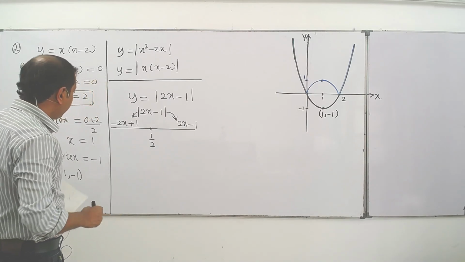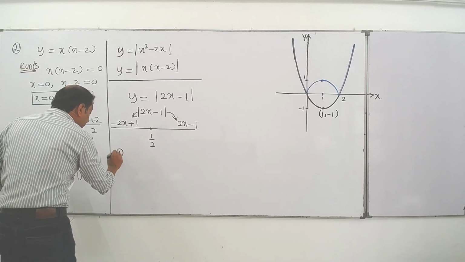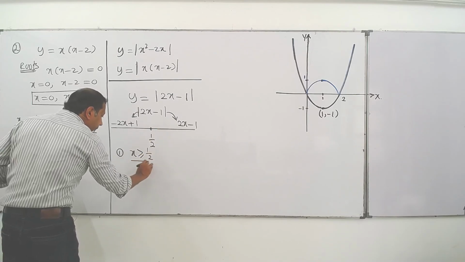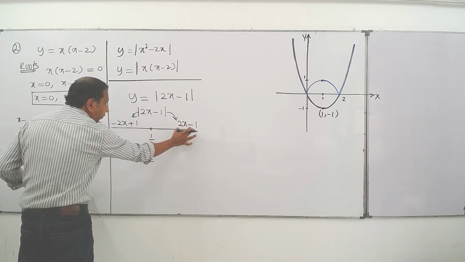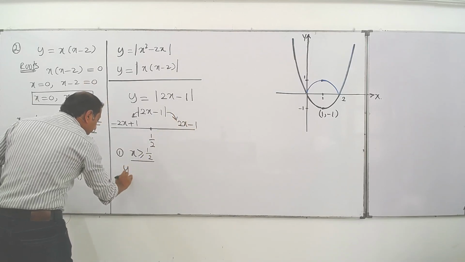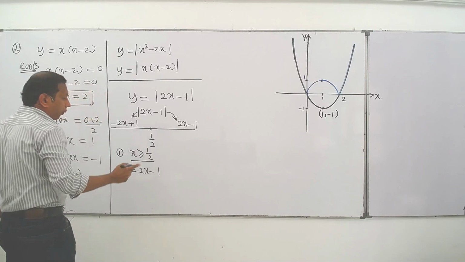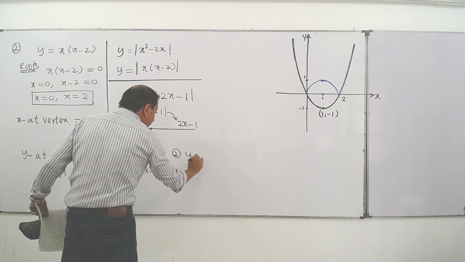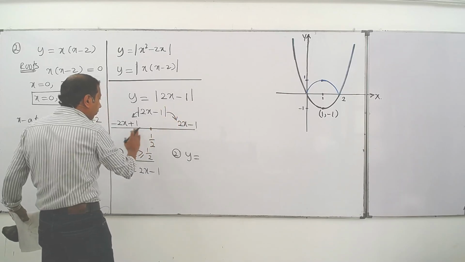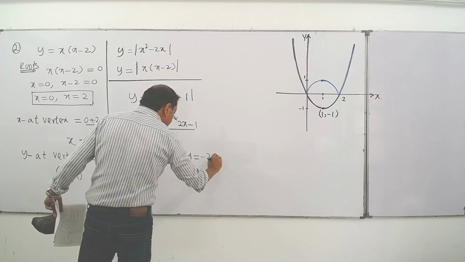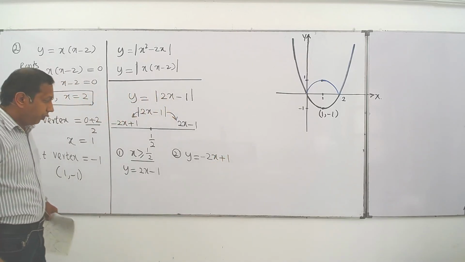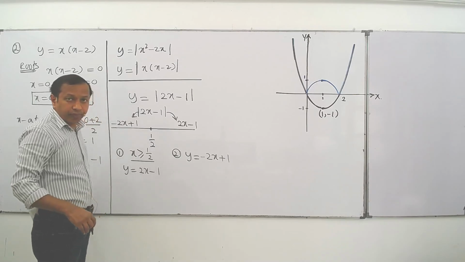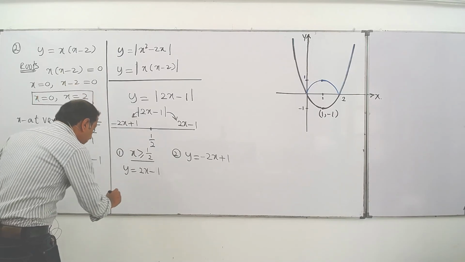Then this graph we can draw. The first one I am going to take is when x is greater than or equal to half, on the right of this. Modulus of 2x minus 1 takes this, so this place will be 2x minus 1. This is the graph we must draw on the right of half. On the left of half, what is the graph we must draw? Y equals, so the modulus of 2x minus 1 on the left of half takes this, no? Y equals minus 2x plus 1. Okay. So you know when we draw a straight line, we need 2 points, but definitely we know this half we have to put here, to find 1 point. Then when x equals half,